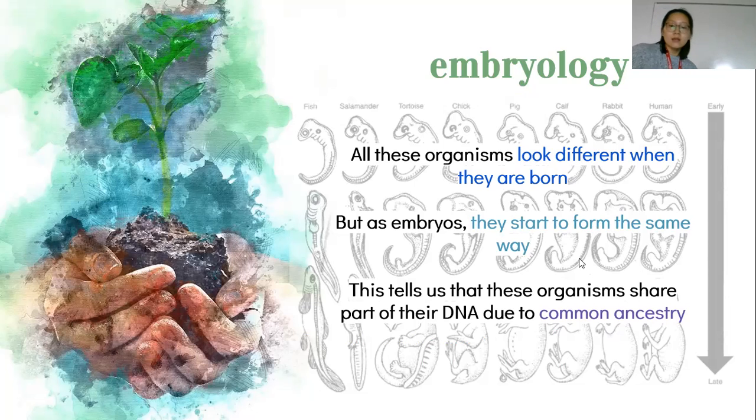So these are traits that are shared and they serve as evidence for common ancestry because there was an ancestor at some point in history that had these traits that caused the development to occur in this order, and passed it down because it was successful. So now a lot of organisms develop in this order, but that does make it really hard to tell us apart from the very beginning when we are embryos.